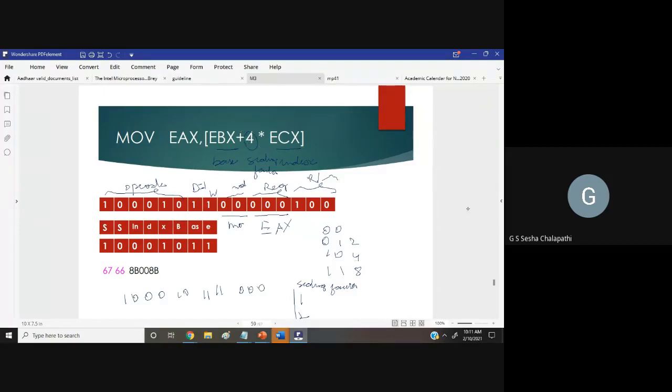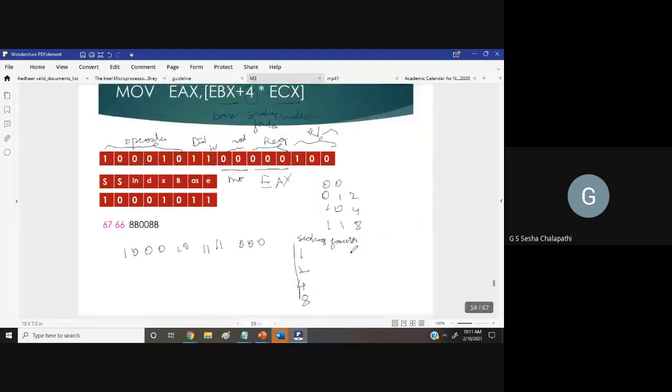Now the scaling factor. It can be 1, 2, 4, or 8. If the scaling factor is 1, the SS field will be 0, 0. If it is 2, the SS field will be 0, 1. If the scaling factor is 4, it will be 1, 0.